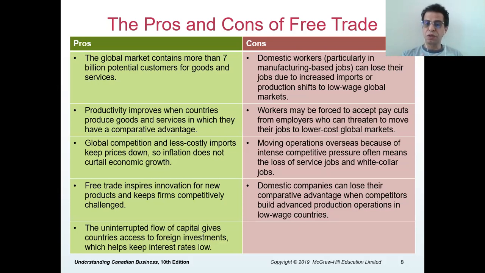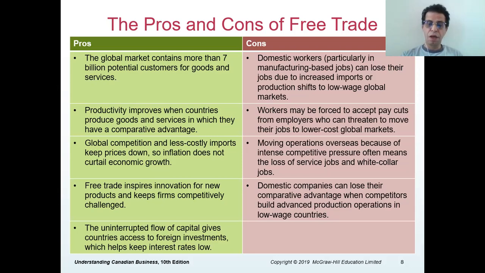Well, first of all, domestic workers, particularly in manufacturing-based jobs, can lose their jobs due to increased imports or production shifting to the low-wage global market. For example, t-shirts and fashion have mostly moved to Vietnam or Bangladesh. So the factory workers who are here lost their jobs, or they have to take low-wage global market